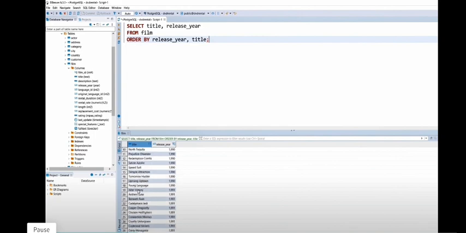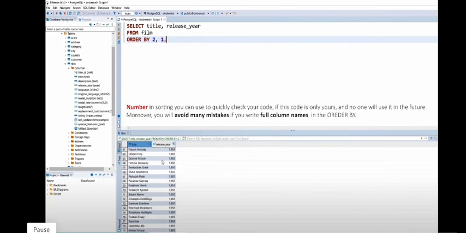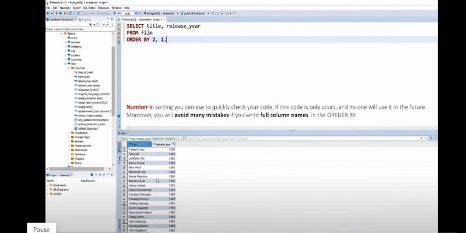Now if you need to sort by several columns or by an expression, you can use a position number instead of the name or the entire expression. Title comes first, release year comes second in the select statement. First let's sort by the second column and then by the first column. We see that our result is sorted primarily by the release year and then by the movie title in ascending